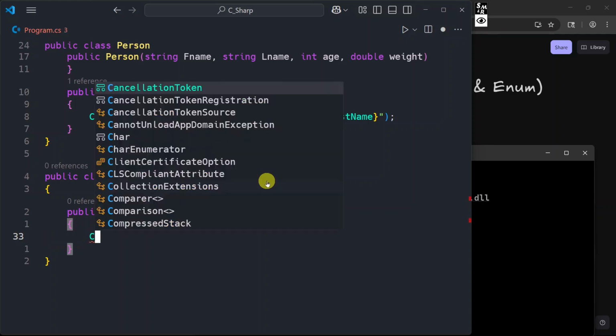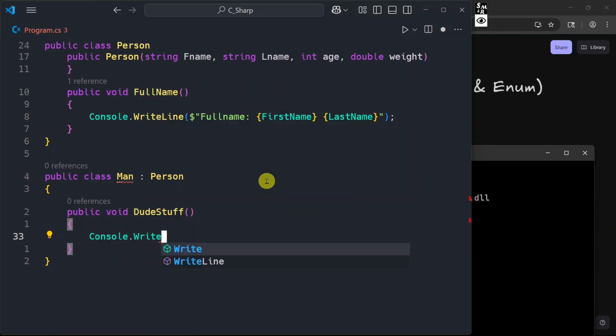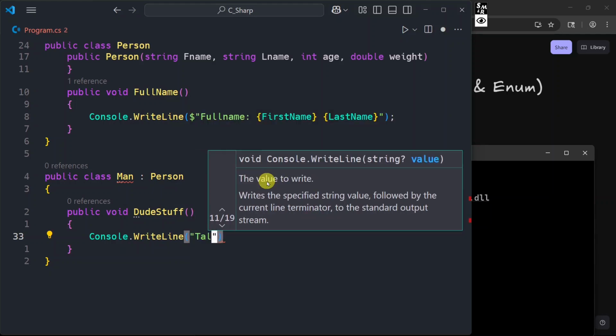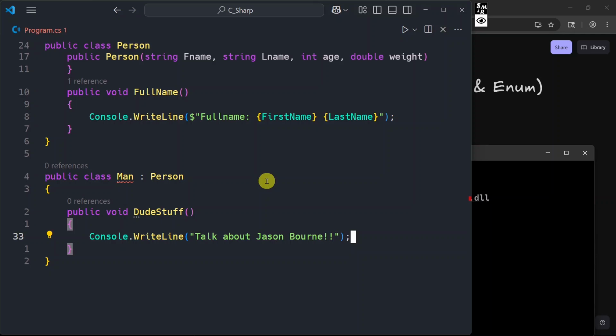You get the idea. Console dot write line. I don't know, talk about Jason Bourne. Guy stuff. Anyways,